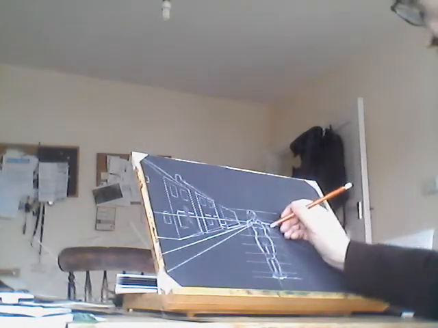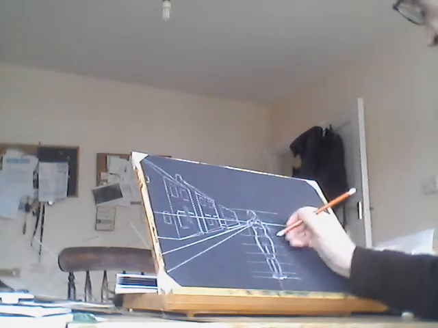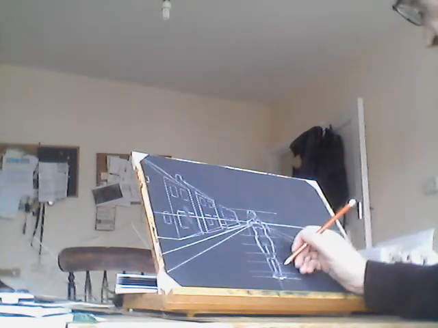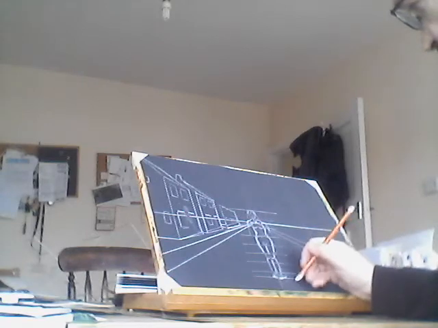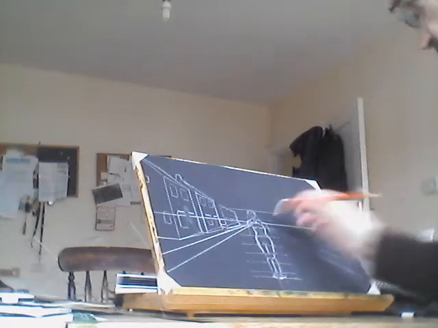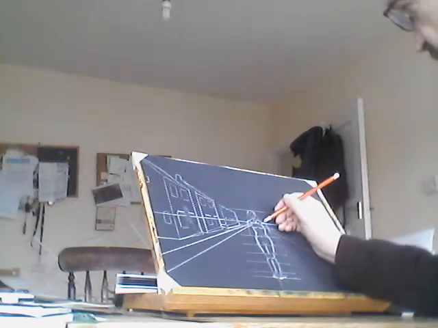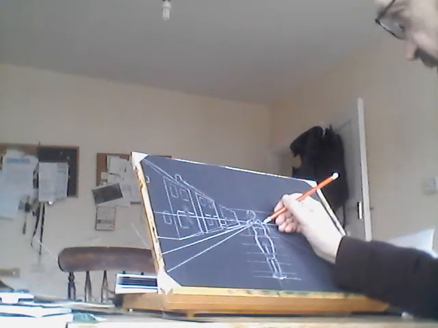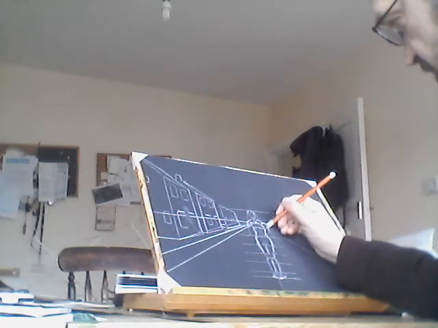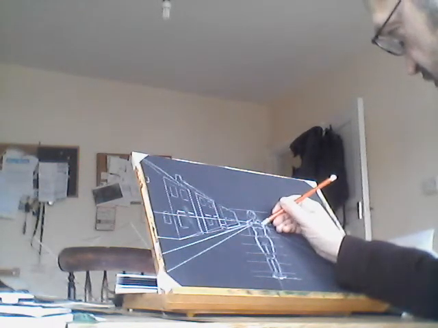So 1 head, 2 head, 3 head, 4 head, 5 head, 6 head, 7 head, half a head. So 7.5 heads. That's both men and women. But with a man, the hips will be smaller and the shoulders larger. That's typically. I mean, obviously that doesn't always happen, but in the majority of cases, you see that